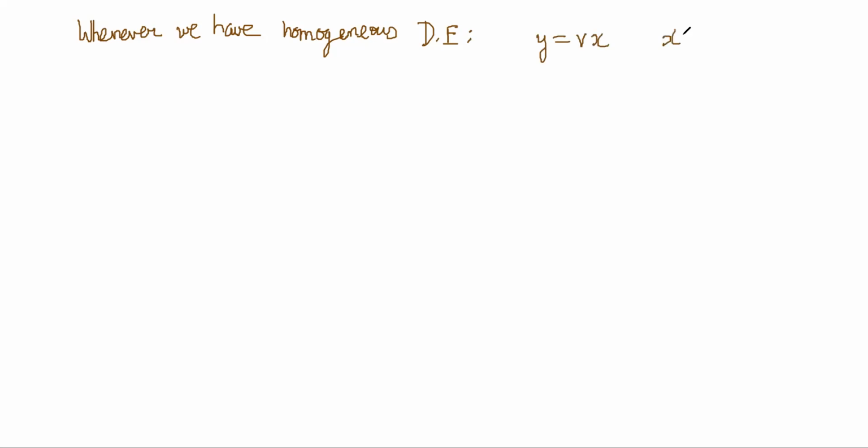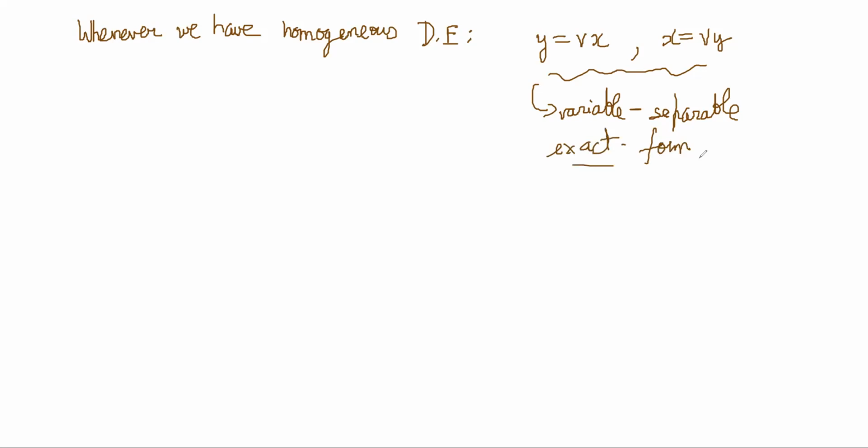Now the point is that whenever we have a homogeneous differential equation, then the substitution y is equal to vx or x is equal to vy seems to work. Something like this will help to convert it to a variable separable form, or exact differentiable form. It will make the differential equation doable. So we can just go into examples here and see a few and we'll realize what has to be done.